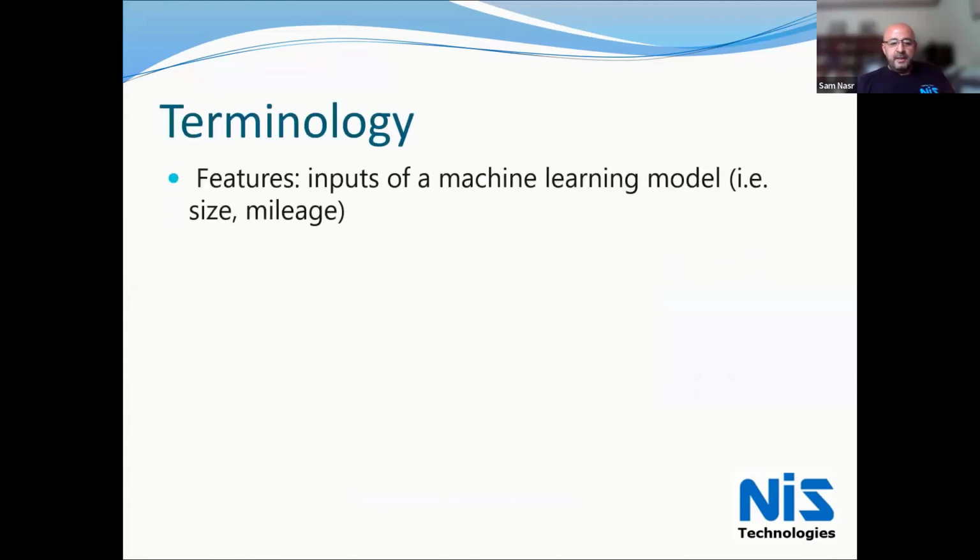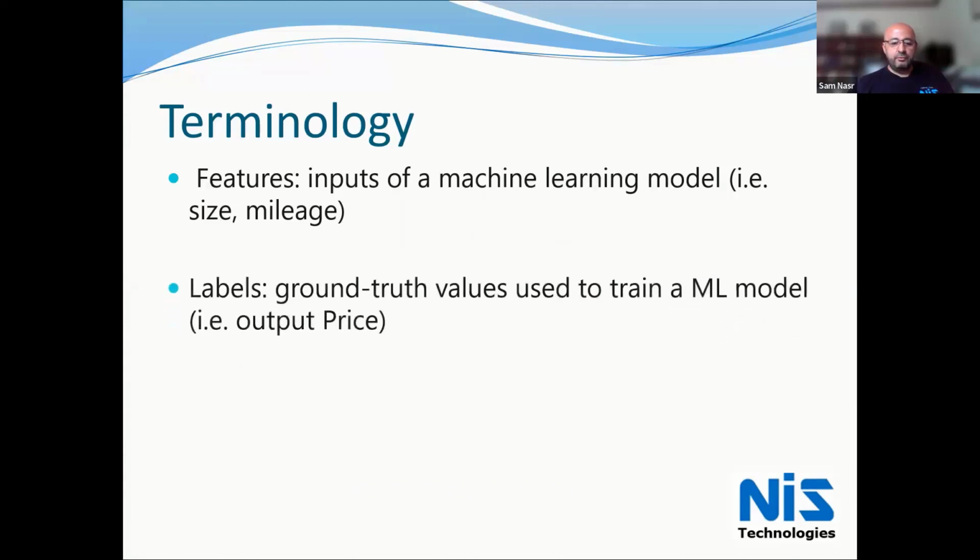So first, what we call a feature in machine learning is essentially the input value. So we're giving it a value, whether it's a size or mileage of a car or the square footage of a home. And then we get a label out of it, which is the output value. So these are the values that were used to train the model, i.e. the output price.